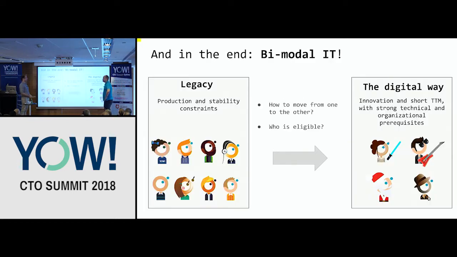And this is exactly what Gartner called bimodal IT. If we come back to Lisa's journey, she's got on her side her legacy systems with the production running and so on. And on the other side, the new digital way to do it, a new digital factory with the Kubernetes orchestrator and so on, with a better speed to value, time to market, and so on. So the next step could be: I still need to maintain those two systems, so it's a bit complicated. So it could be good if I can migrate my legacy to the new digital way, obviously.